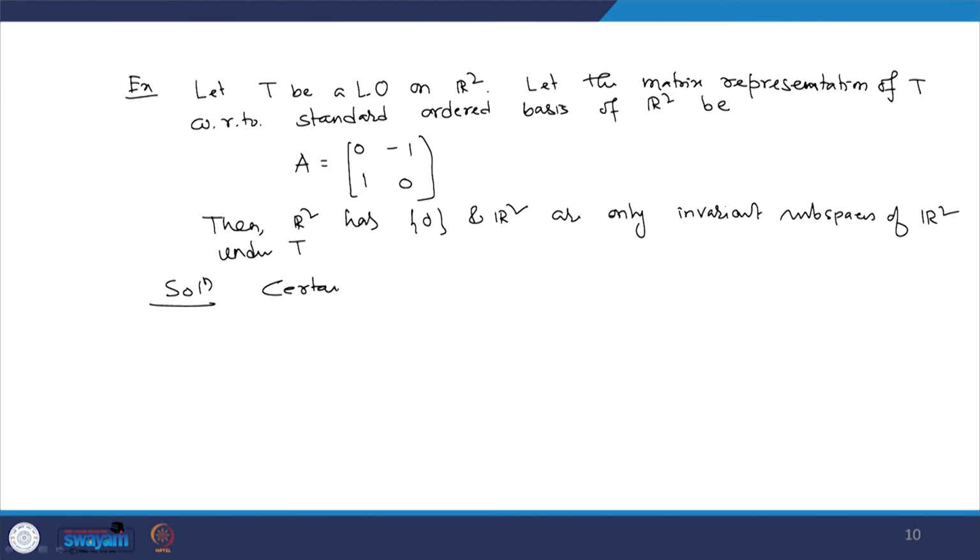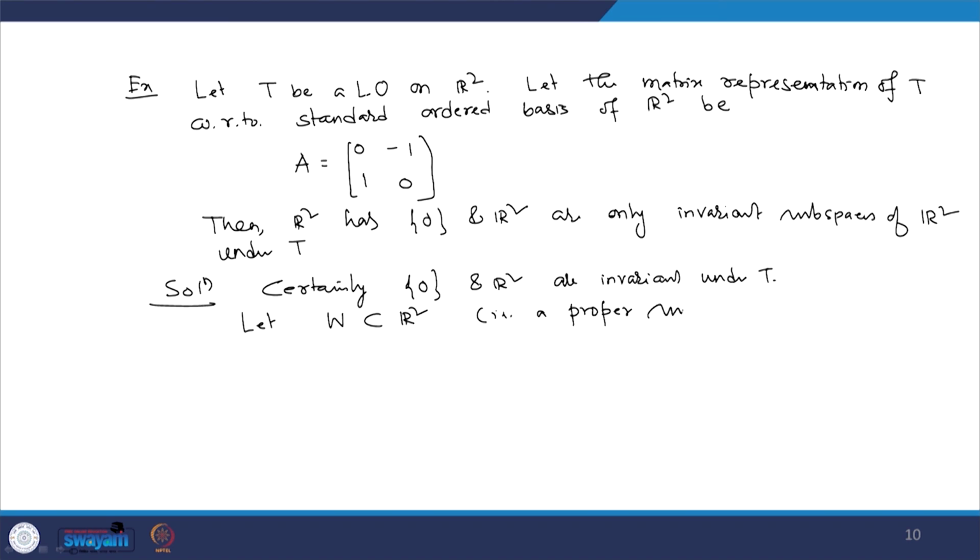Certainly the 0 subspace and R2 are invariant under T. Let W be a proper subspace of R2, if possible, and let W also be invariant under the operator T. So, this implies for